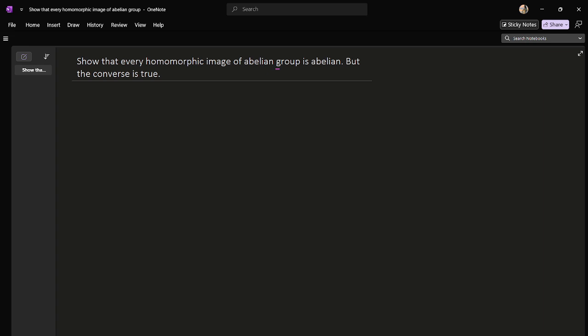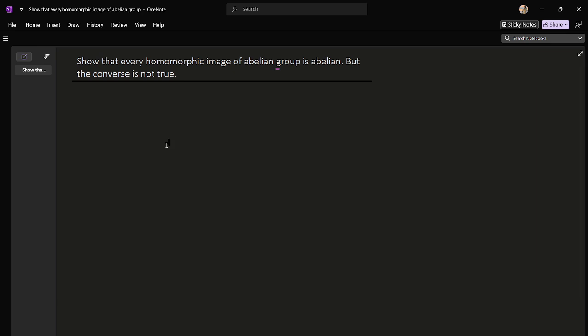the question asks us to show that every homomorphic image of an abelian group, that means commutative group, is commutative or abelian, but the converse is not true. This is given. I am so wrong here, this is a typo. Okay,